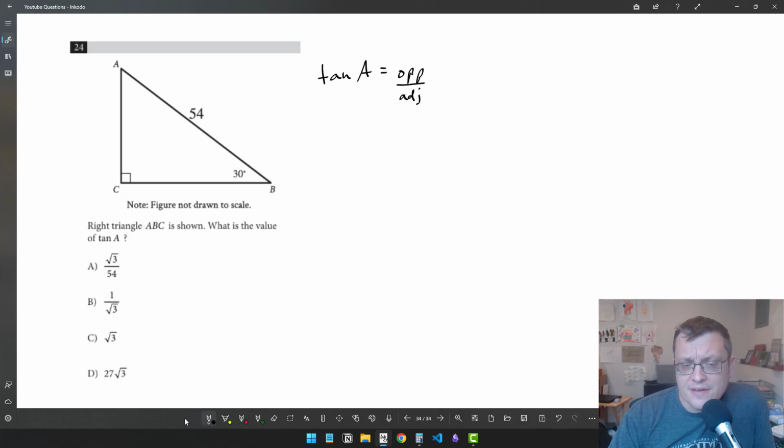Number 24, we want to find the tan of A. We know the tangent of A based on SOHCAHTOA is opposite over adjacent. So if I could find the opposite and the adjacent here, I could just plug them into this ratio and I'm good. Now, I'll show you how to do that in a minute, but there's way faster ways to solve